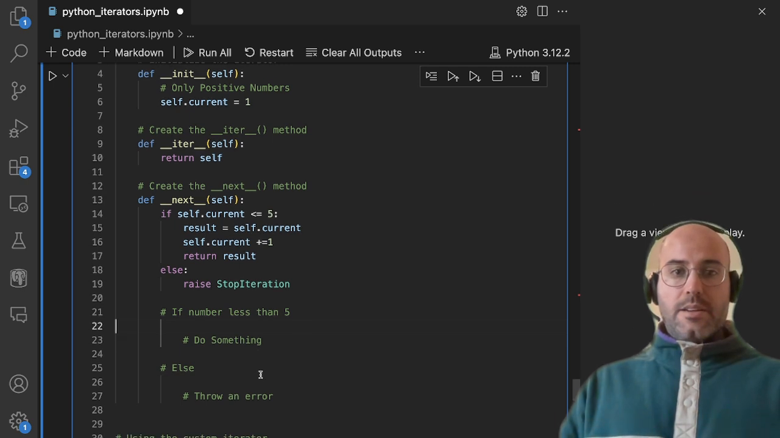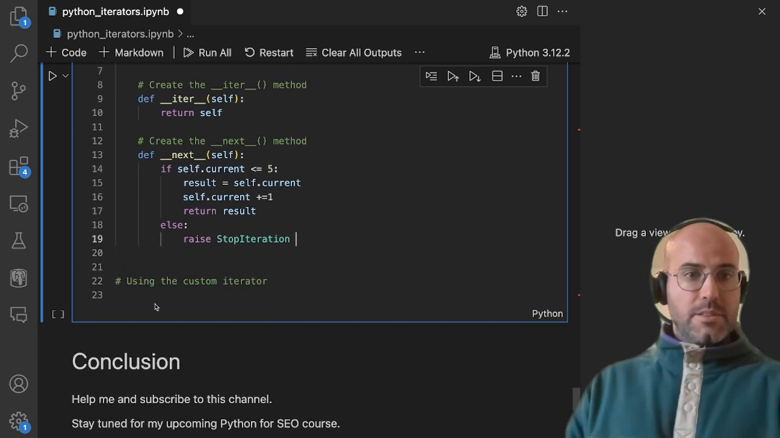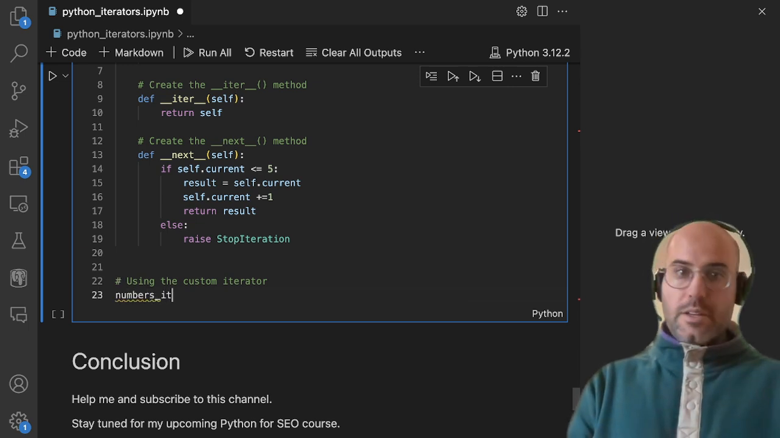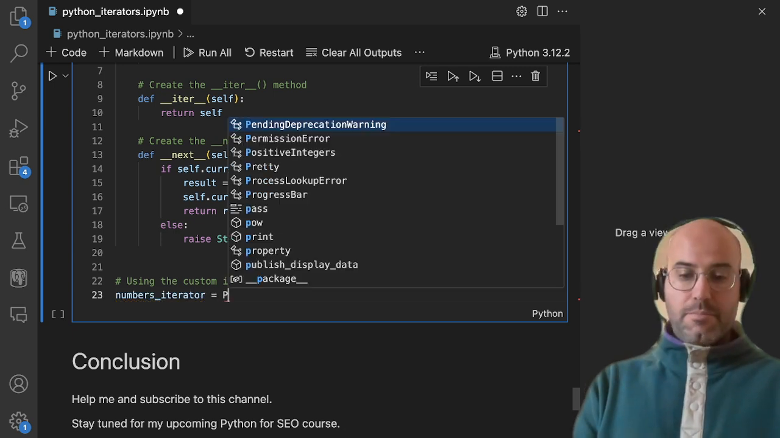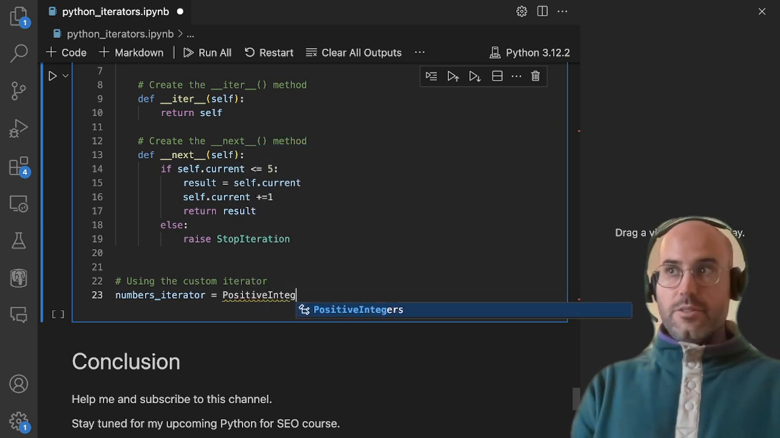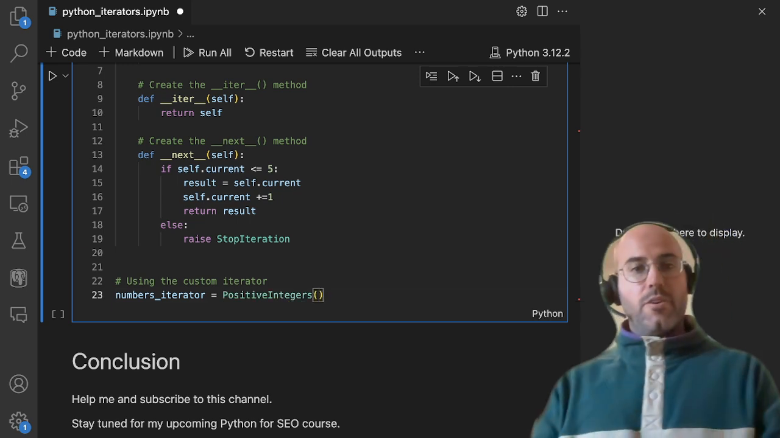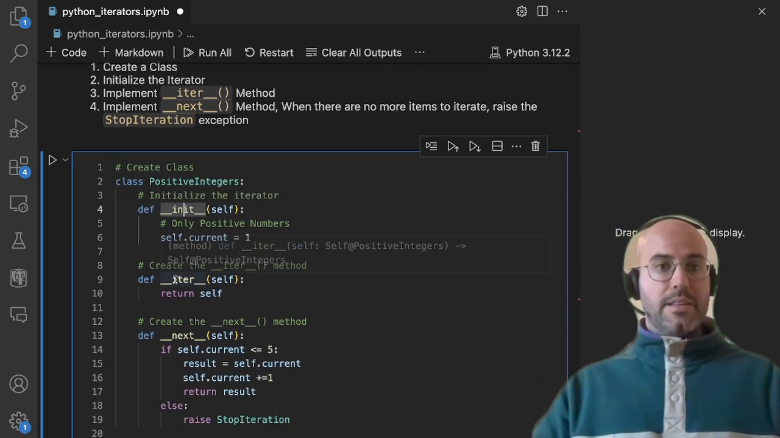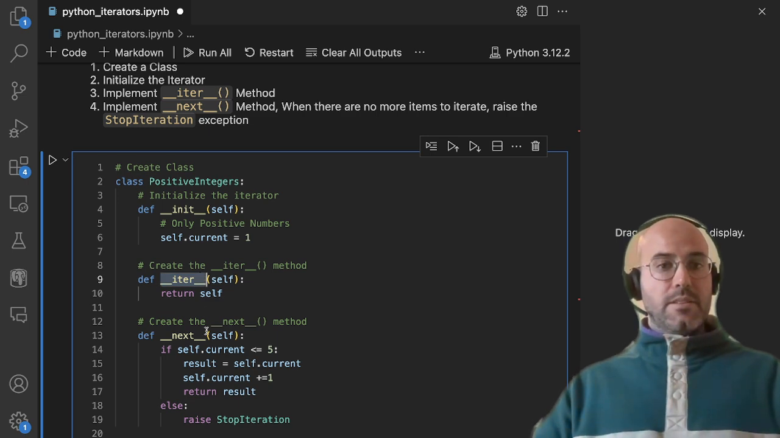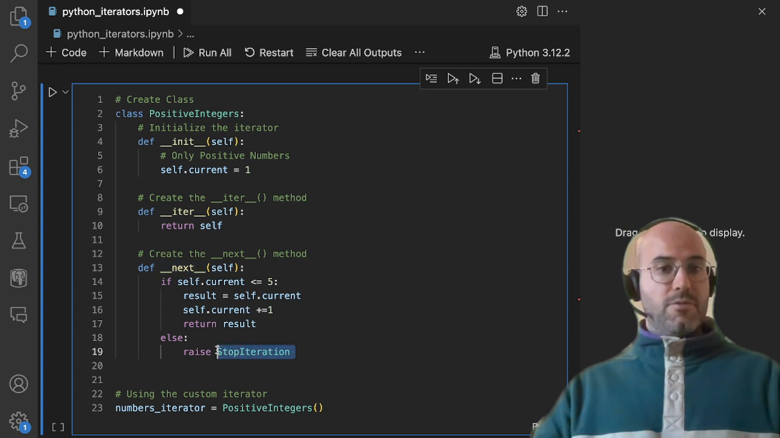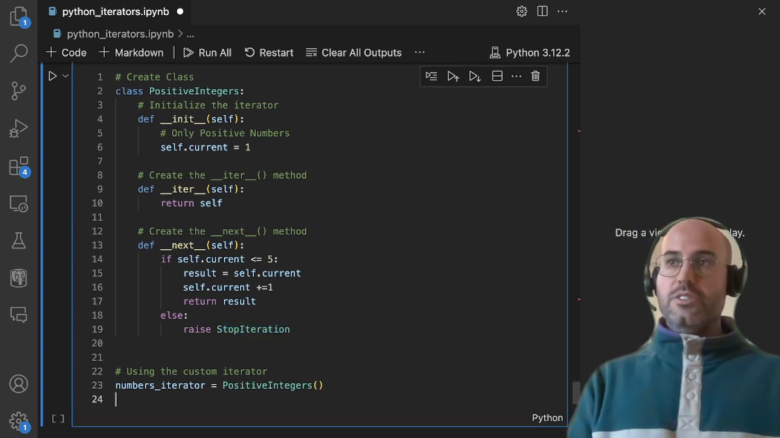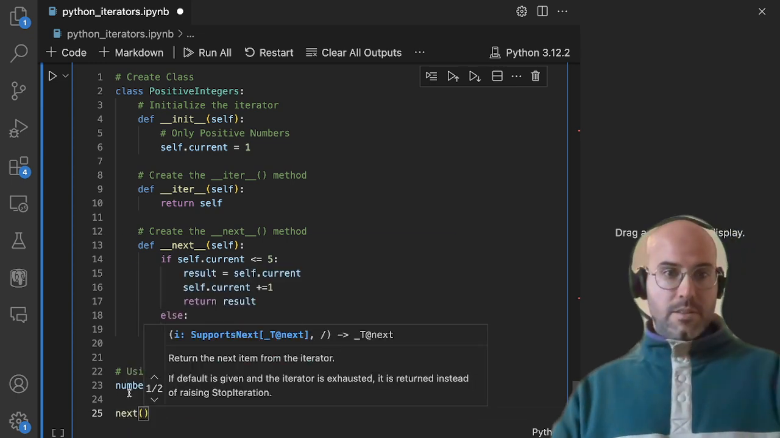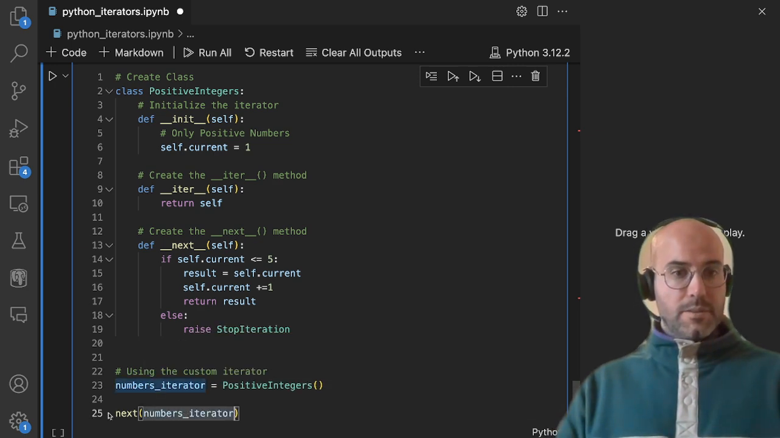So then those are comments. And then if you want to use this, you can create your numbers iterator, and then you can say PositiveIntegers. So here you have your objects. I've created that class. I've initialized my class. I've created the iter method. I've created the next method, and I've raised the exception if I reach the end. So then I can just do next. I can just print